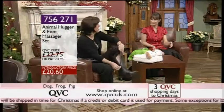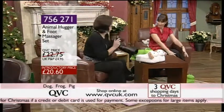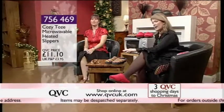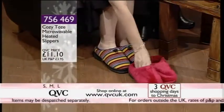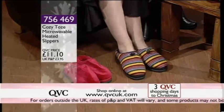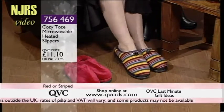Socks go all the way up the back of your ankle and round up here. Oh, that's really cosy. And I think they're rather elegant as well. Lovely. That really feels roasty, so aren't they nice? Really lovely. And I like those striped ones too, but you have got the choice of both the stripe and the red kind of plush ones. But what a